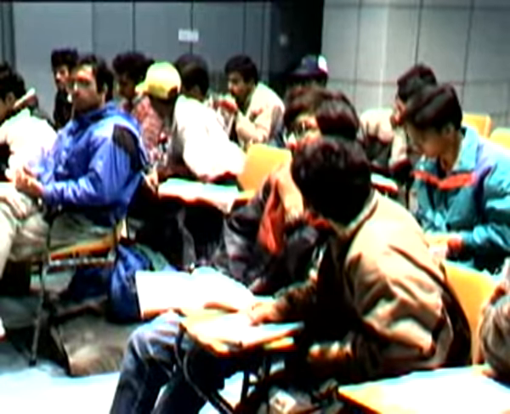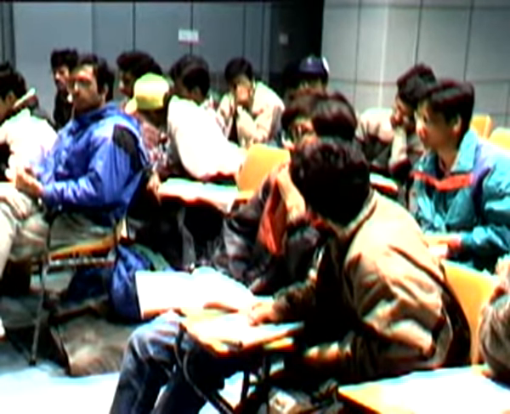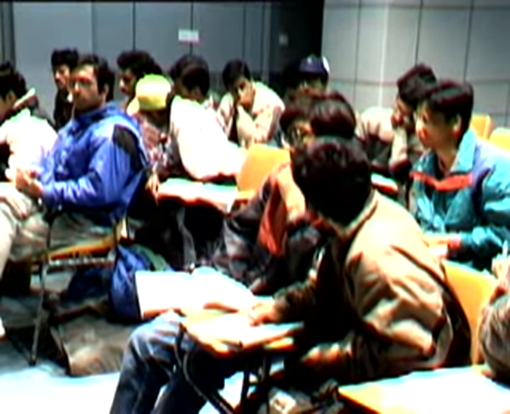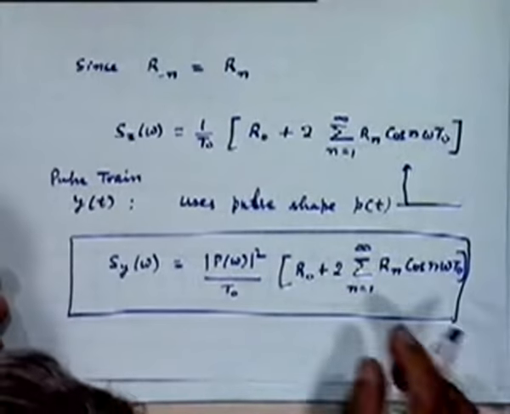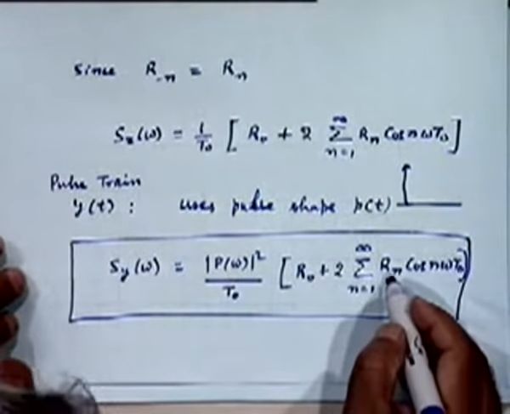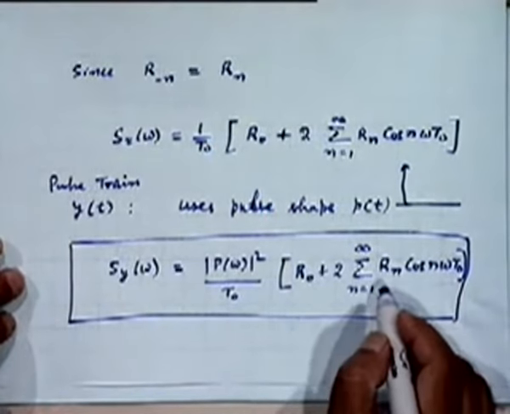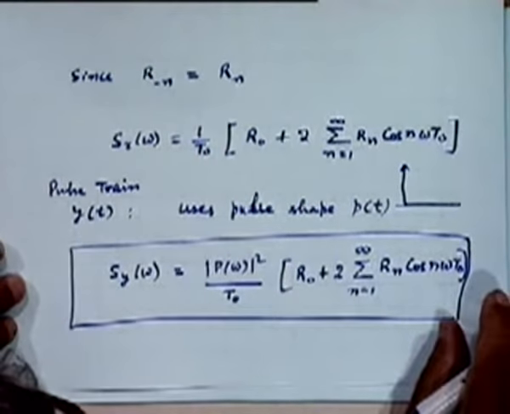If ones and zeros did not occur with equal probability, would it have mattered? The specific combination does not affect the expression that we have derived. It will affect what we are going to derive from this, because we are going to compute the value of Rn under that assumption. It doesn't affect the result that we already derived, but for the specific case of on-off signaling, it will affect the conclusions that we are going to reach.